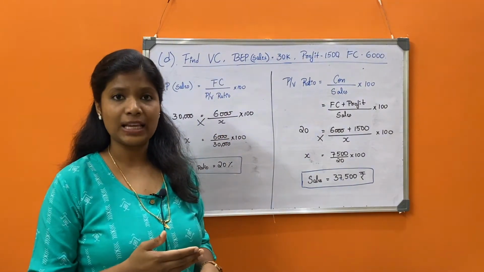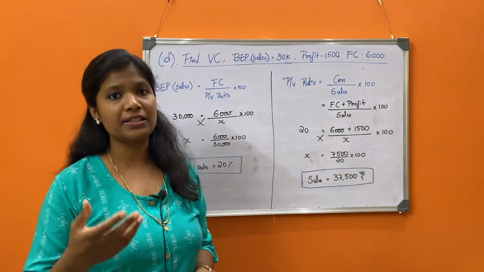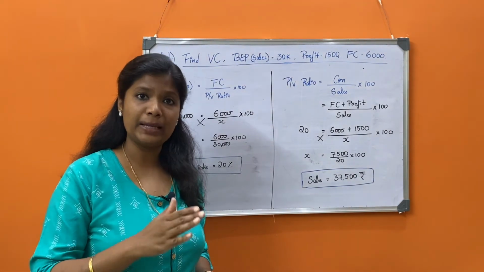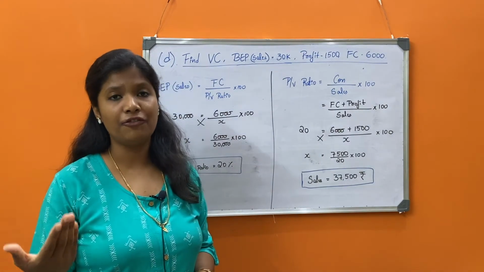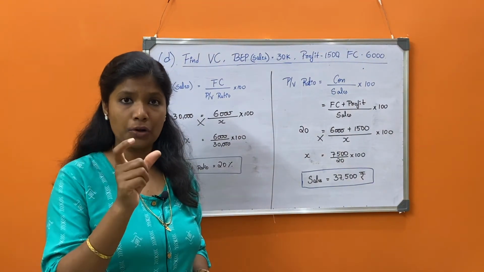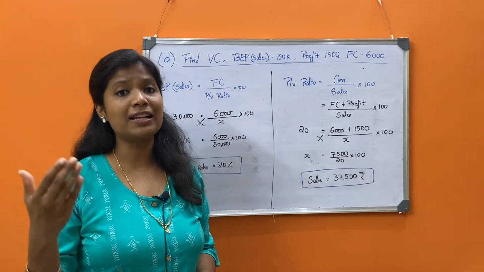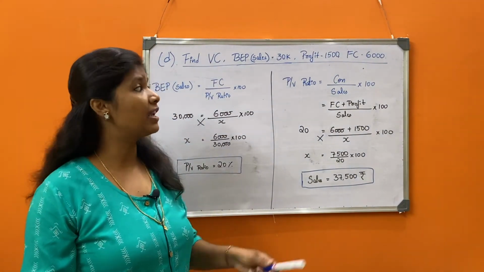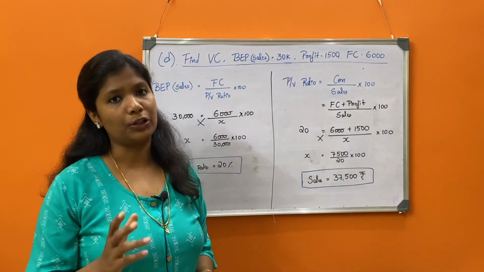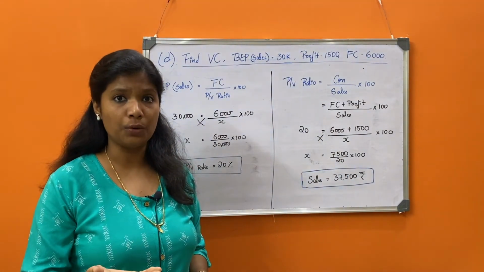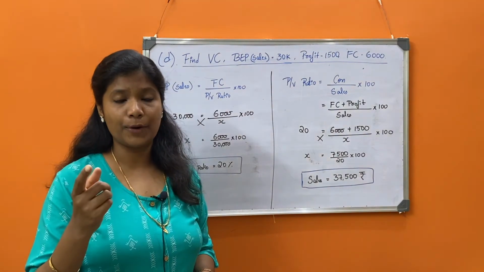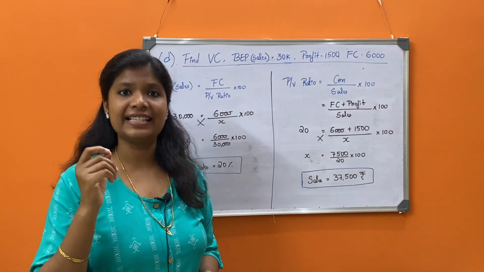Now, sales equals what? Total cost plus profit. Now, this total cost includes variable cost plus fixed cost, isn't it? Total cost equals variable plus fixed cost. Here they have given us fixed cost, they have given us the profit as well, but not variable cost. Neither do we know sales given in the question. So, what's the point over here? We need to find out sales.